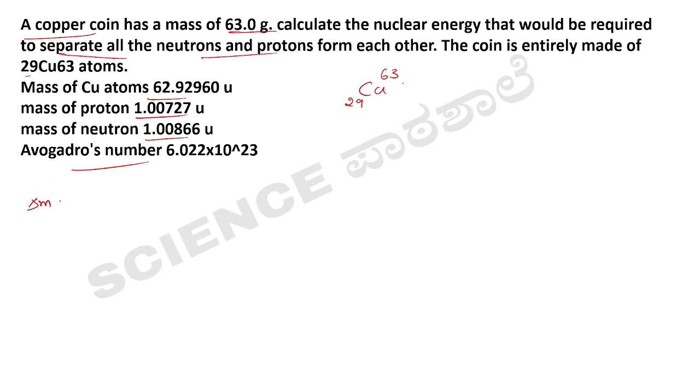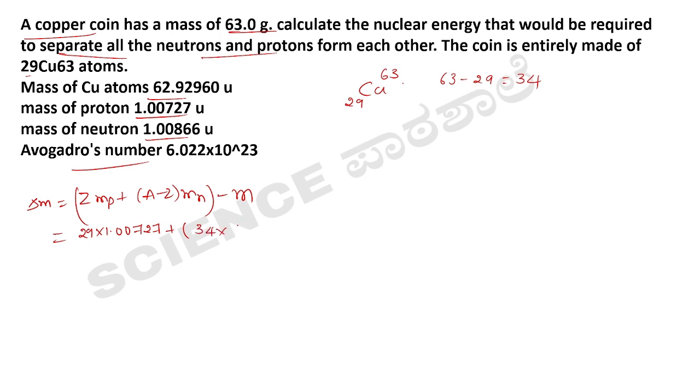So we have to calculate delta M first, because the nuclear energy required to separate the nucleons means binding energy. To find the binding energy, we should know the value of the mass defect. Delta M is equal to what? The formula is Z Mp plus (A minus Z) Mn minus M. Z here is 29, so 29 into Mp, 1.00727, plus 63 minus 29, which is 34,